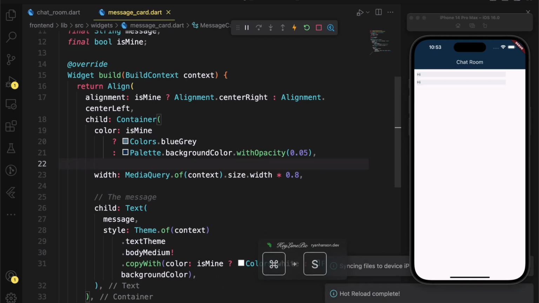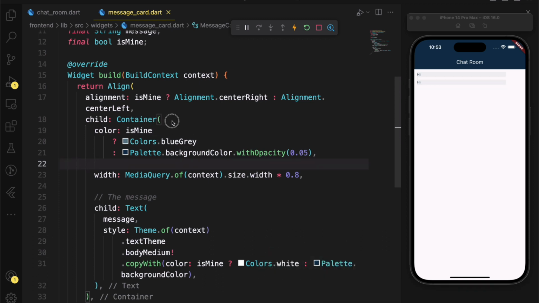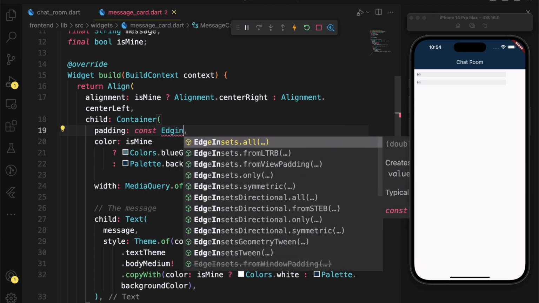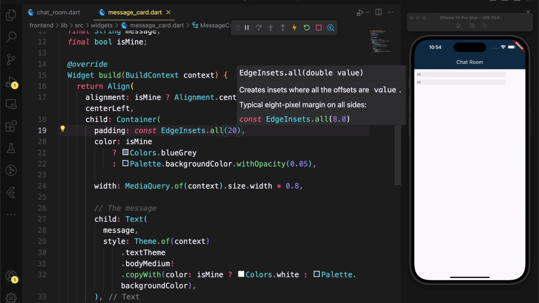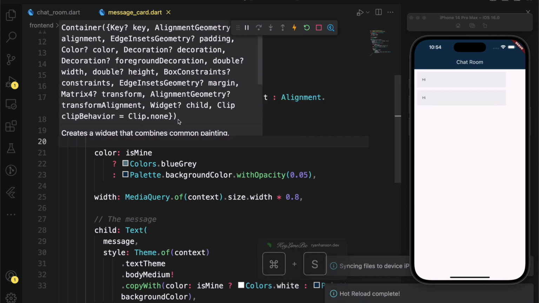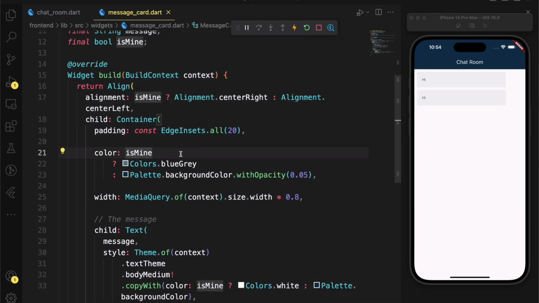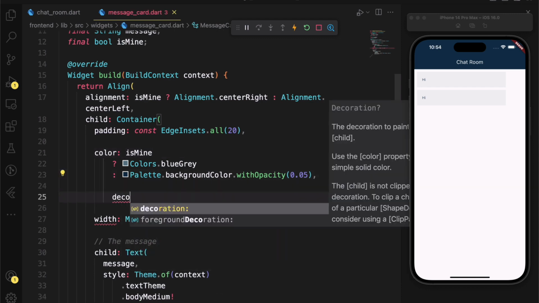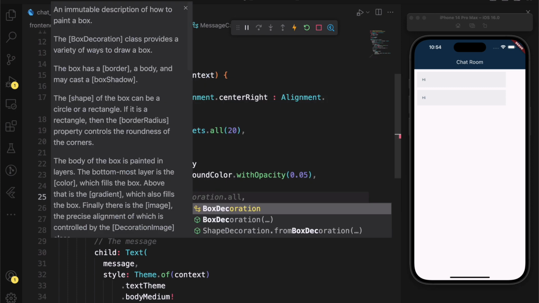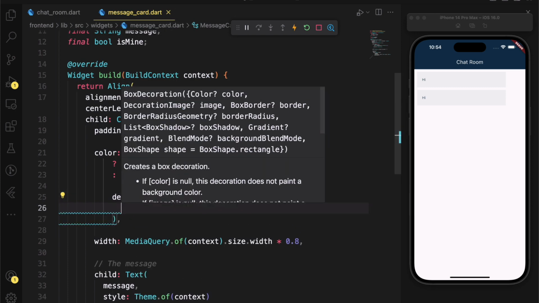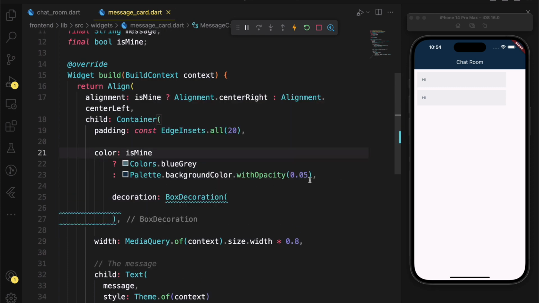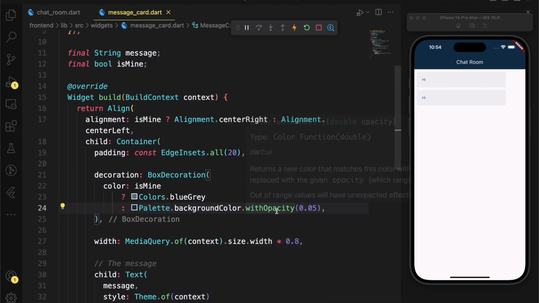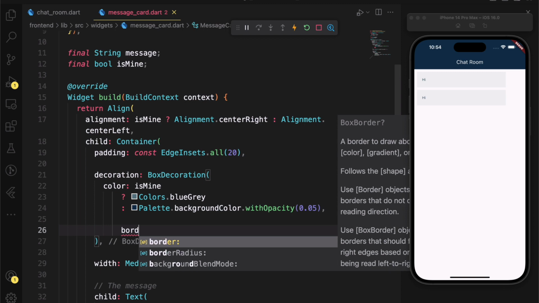Now let's see, we remove the height because we want the height of the container to depend on the content, and then we just need to add a little bit of padding just to give the message some breathing space. And I think this should be it, except for some decorations, to probably add rounded edges, just curved borders that will make the message card look nice.